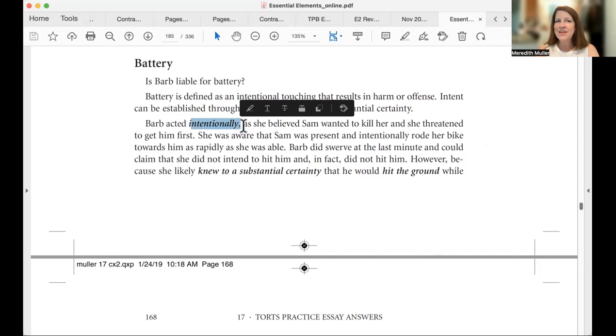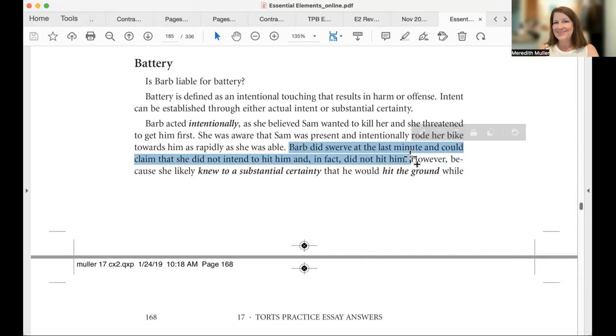Barb acted intentionally as she believed Sam wanted to kill her, and she threatened to get him first. Okay, that was in the fact pattern. She was also aware that Sam was present and intentionally rode her bike towards him as rapidly as she was able. Okay, so that is our intent. All right, so she did swerve at the last minute and could claim that she did not intend to hit him and in fact did not hit him. Okay, but because she knew to a substantial certainty, there's our substantial certainty